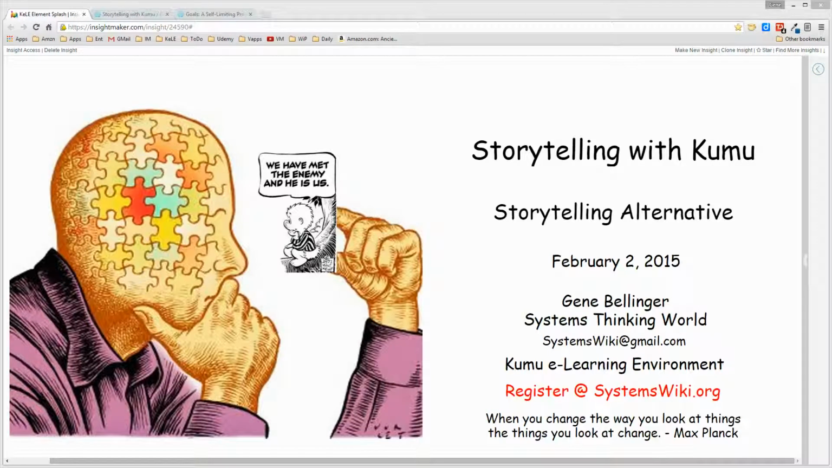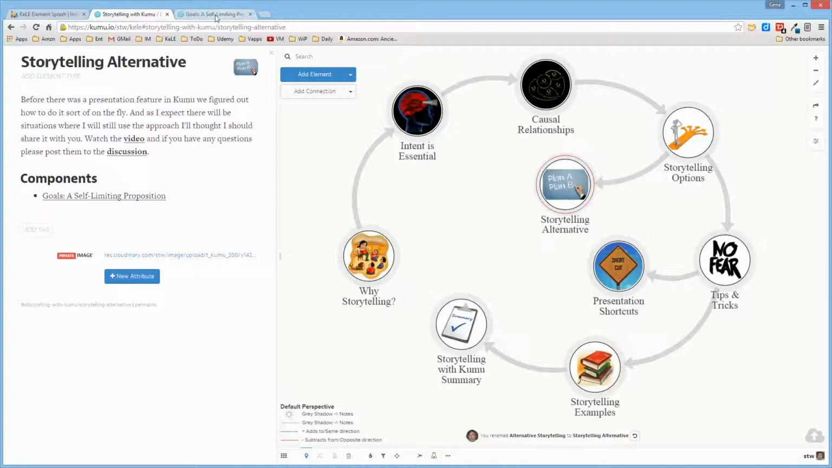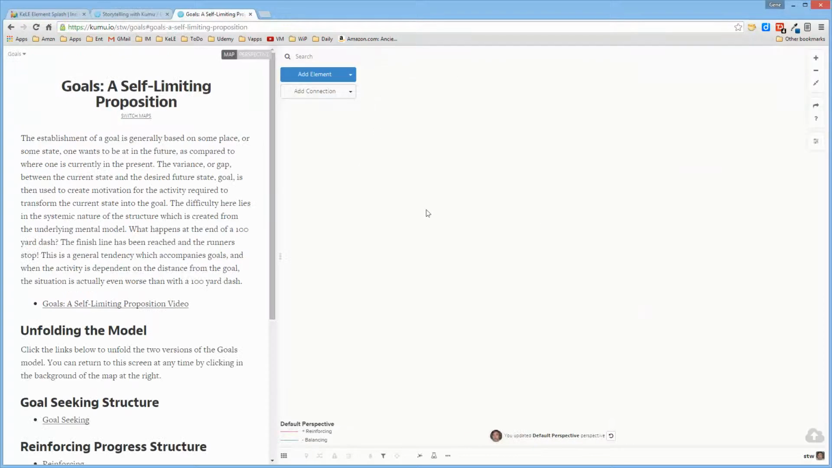I want to spend a minute and share with you an alternative method of doing storytelling in Kumu. Before the presentation feature was developed, being the sort of impatient person that I am, I wanted to figure out how to unfold a model in Kumu, even though there wasn't a storytelling feature. And I ended up putting together the following